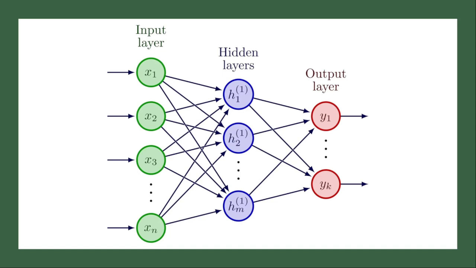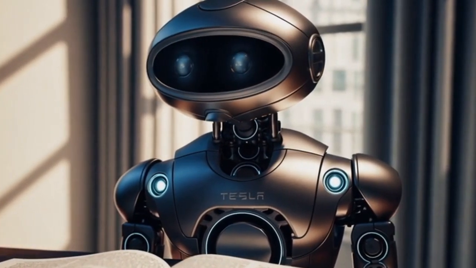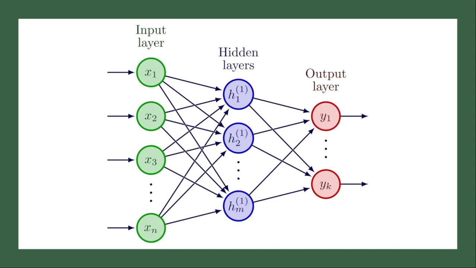For example, Music AI could process this as x1 is pitch, x2 could be rhythm, x3 could be loudness, x4 could even be part of your waveform, all the way to xn. There's a plethora of possibilities that you can extrapolate from music, and these are the variables, part of the input layer. Now, if you have n features, you get n input nodes.